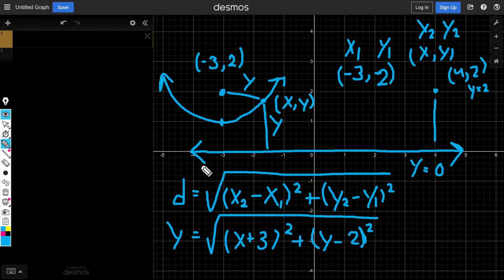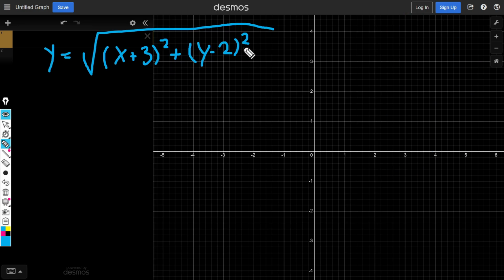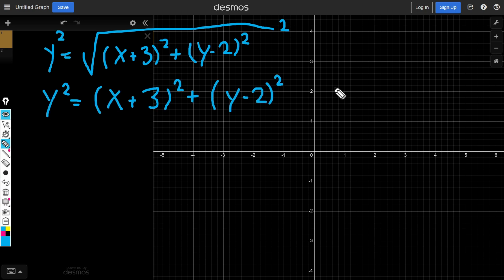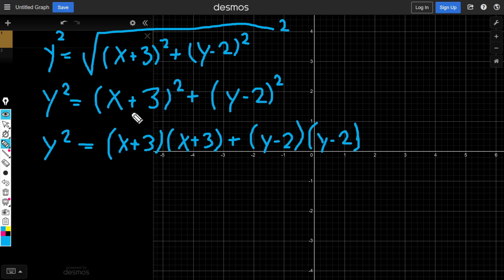Now I'm gonna have to clear this area up to get some more space, because this is gonna take a little bit of simplification. Alright, so I cleared up some space here. So the first thing we want to do, we want to get the square root out of here, because we're making an equation here. And in the equation, we have the y alone on one side set equal to x and some random gibberish. And we can see we have a y stuck in here, so we want to try getting that out first. So we're just going to square both sides, which now we have y squared equals all the stuff that was under the radical, which now that we have this, we want to expand these two right here. We have x plus 3 times x plus 3 and y minus 2 times y minus 2, which